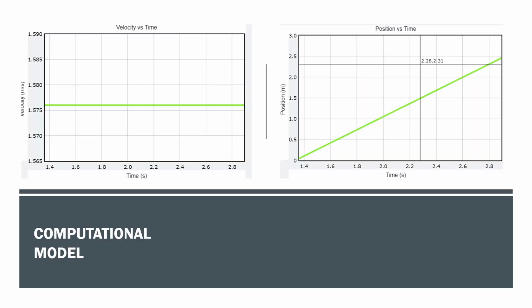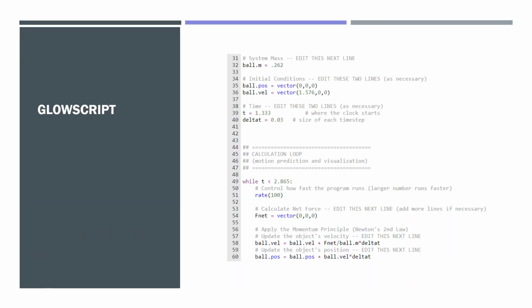And here is the computational model, beginning around here, shown in the graphs, and as it's an ideal model, it has a straight line graph for position and then constant velocity, as shown in the graphs. Here's my GlowScript